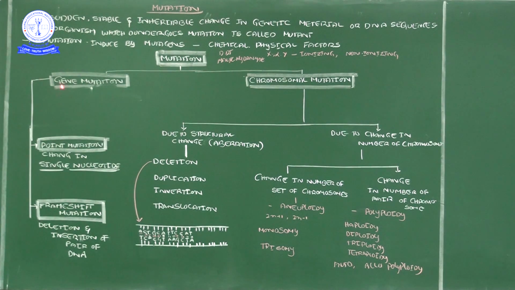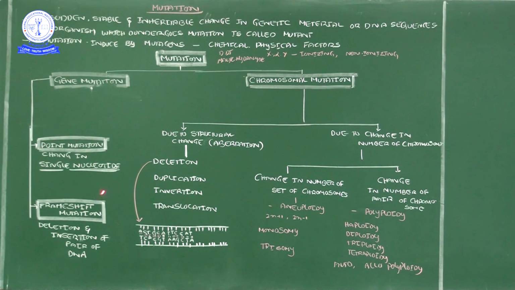The next type of gene mutation is a frame shift mutation. From the word itself you can understand: frame means a DNA fragment, a fragment of nitrogen bases. Nitrogen bases are shifting their places. Shift, frame shift. For example, I am shifting my house from one place to another place, that means I am changing my house. Like that, here a frame of the DNA or gene is shifting from one place to another place. So that is nothing but nitrogen bases being relocated.